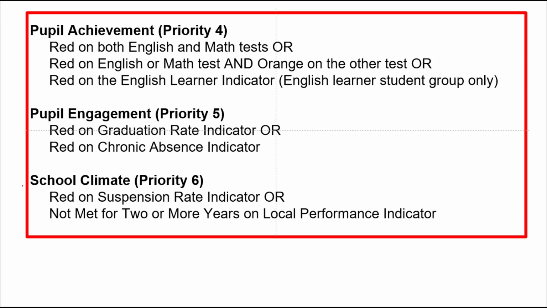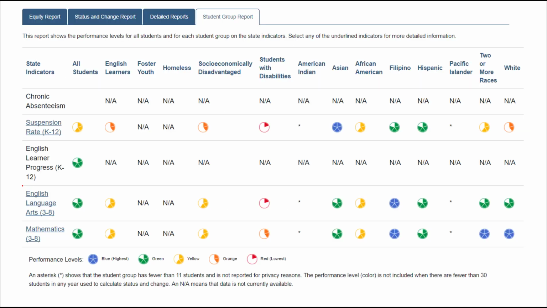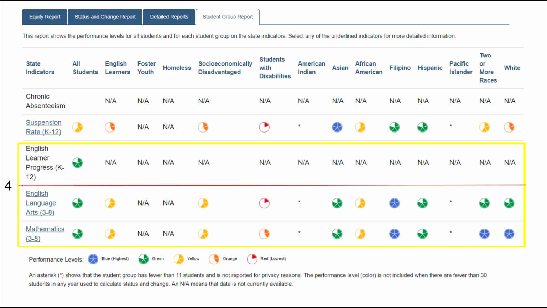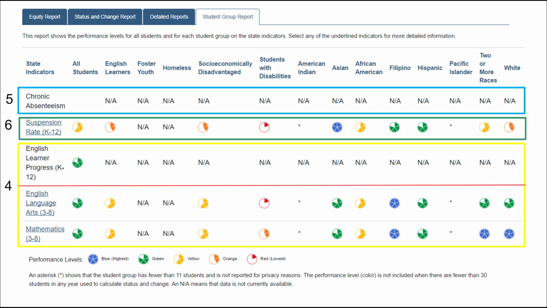So again, here's those priority indicators. We needed to review those. And now here we go. We're going to analyze our first dashboard. So we analyze our first dashboard based on our indicators. And so I've just highlighted those along the way, 4, 5, and 6, the various indicators, and just highlighted those in yellow. So the academic indicators are like right here in yellow, and you see where chronic absenteeism and suspension rate. So with that, we have a category right here that clearly is eligible for technical assistance, because as you